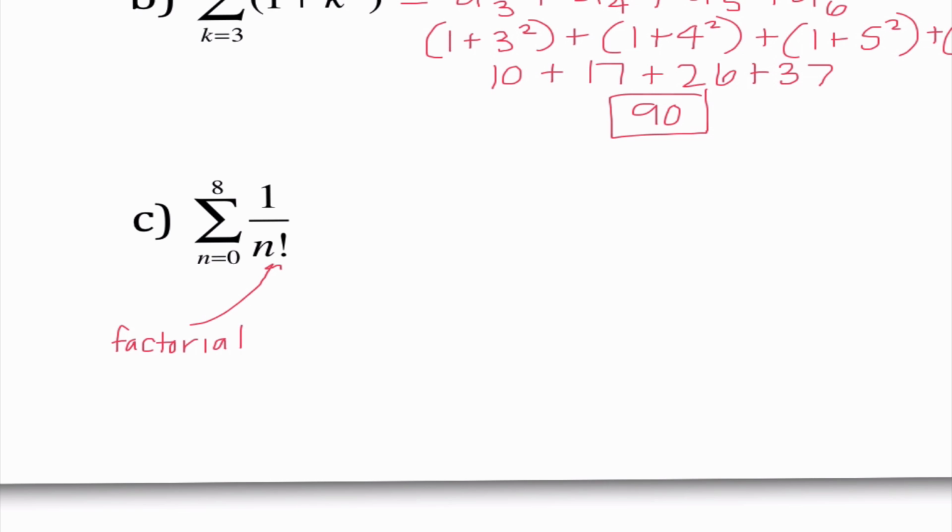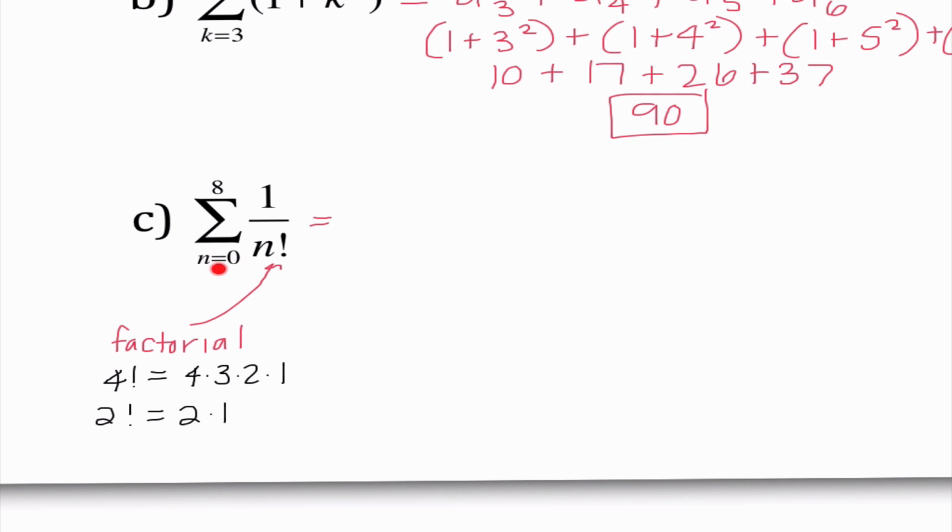So if we just want to see a practical example, if I was doing something like 4 factorial, that's telling me to do 4 times 3 times 2 times 1. 2 factorial would just be 2 times 1. So that is what a factorial is. There's actually a factorial button on your calculator, and we'll talk about that in a moment. So, for this problem,